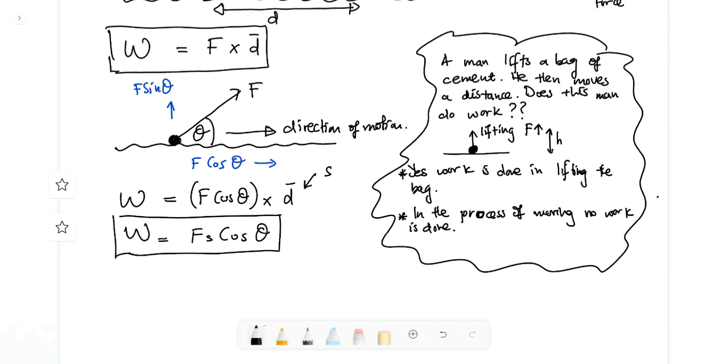No work is done, because what is going on here is that the man is still applying a force trying to hold the bag against gravity, but he is moving in a horizontal motion, right? This will be the direction of motion. So since the direction of motion and the force are now at 90 degrees, then it means there is no work done, right? If we come back to this formula, you realize that